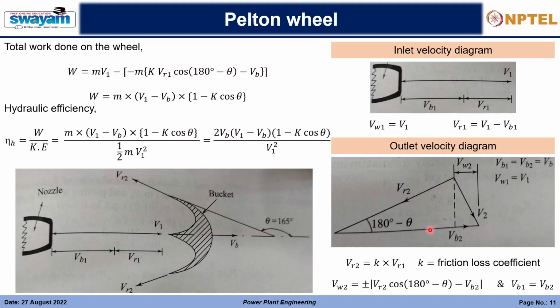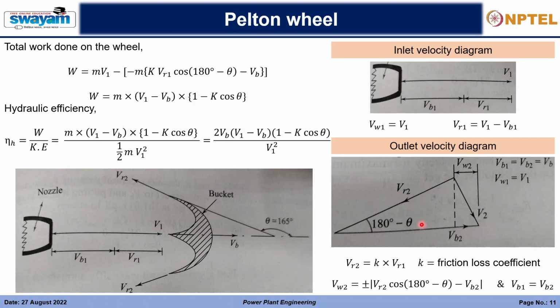Then the whirl component in the direction of the blade movement will be in the opposite direction. So this is the whirl component of the inlet jet, and in the opposite direction the whirl component of the outlet jet. So the total will be the sum of these whirl components, right? So final minus initial, with the final and initial in opposite directions, so finally we will get a plus sign between them,